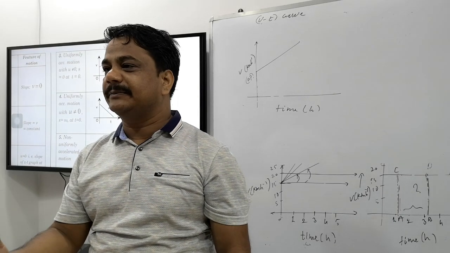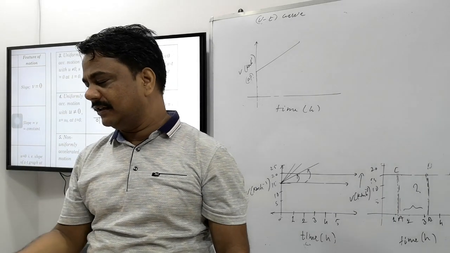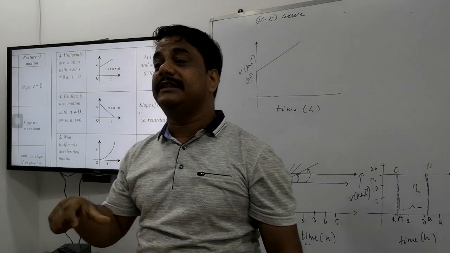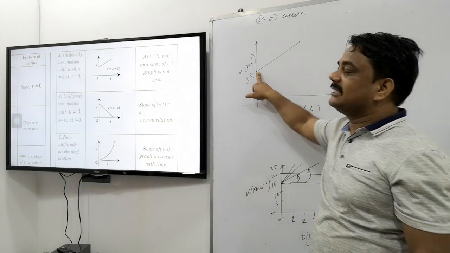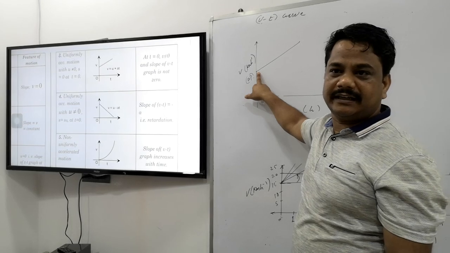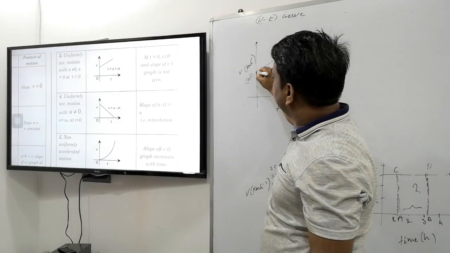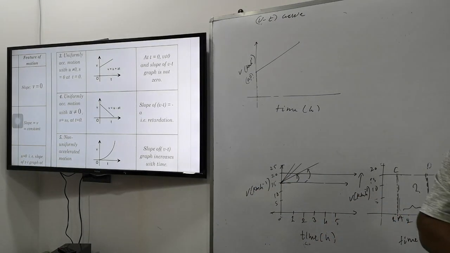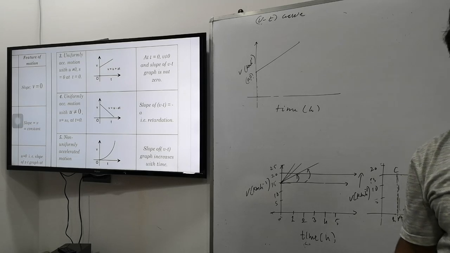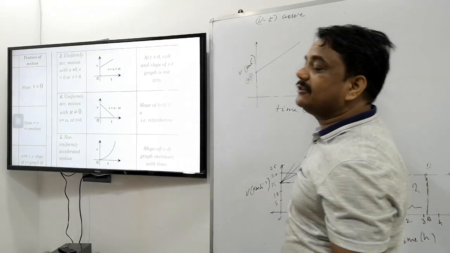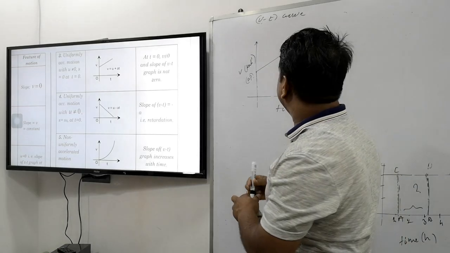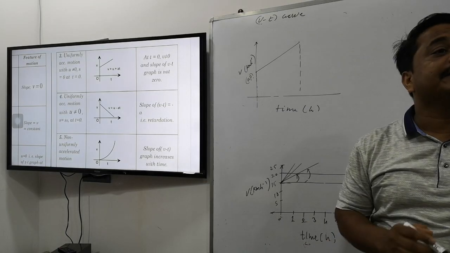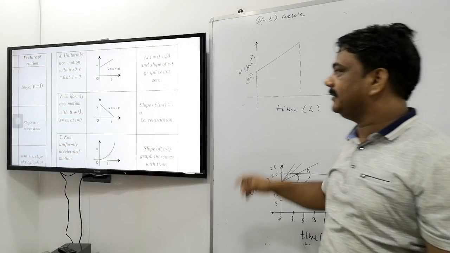When you start counting the speed, the journey, the displacement, the velocity, the time is taken as initial. So initial speed is non-zero. Is that clear? And what about the slope? Is the slope of the object 0 or non-zero? Non-zero. So it means the object is accelerating. And we want to find out the displacement also. Can you find the displacement? Obviously, we'll find out its area. Is that clear?